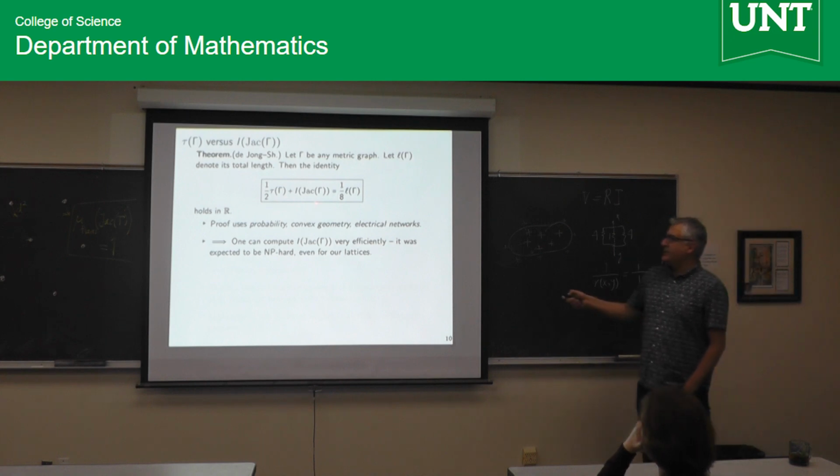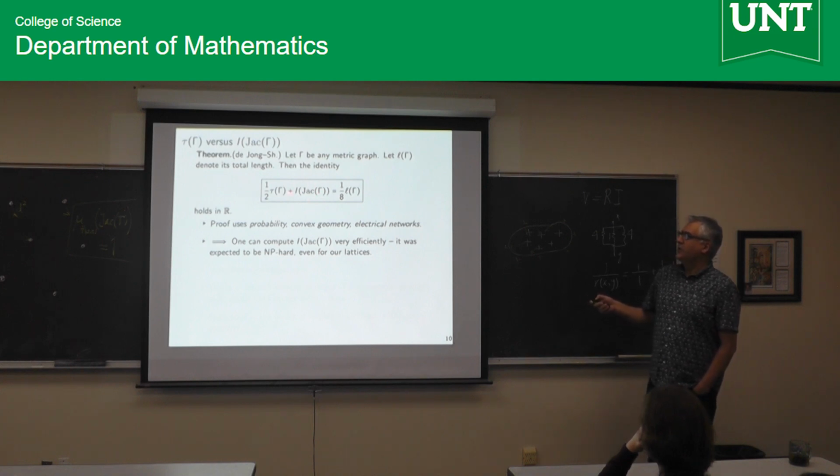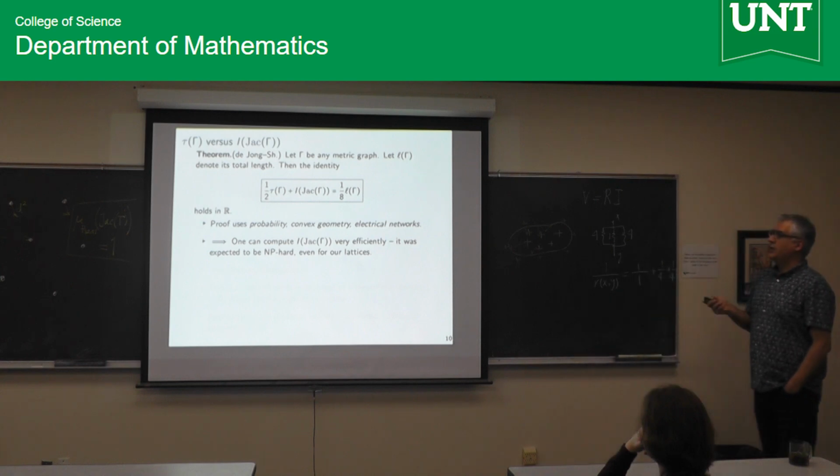As a consequence, I mentioned I is difficult to compute in general, and for root lattices they work really hard, and in general people think it's sharply hard. But I did tell you tau has a very concrete formula which is very computable. So as a consequence, you get that I is also very computable. And I cared about this computation from a number theory point of view. I'll get back to this.